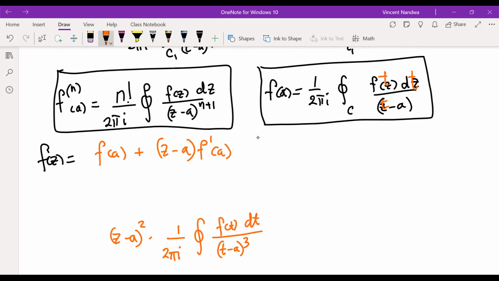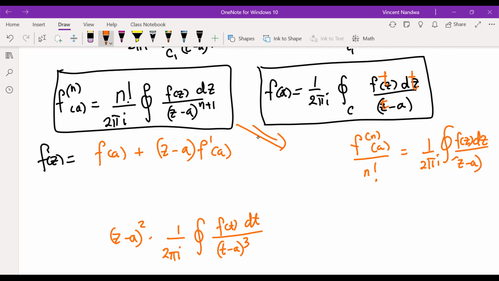the nth derivative at a is n factorial over 2 pi i integral f of z dz over z minus a power n plus 1. So if I remove this n factorial here, then the formula can be written as the nth derivative at a divided by n factorial is the same as 1 over 2 pi i integral of f of z dz divided by z minus a power n plus 1. So which means this value alone